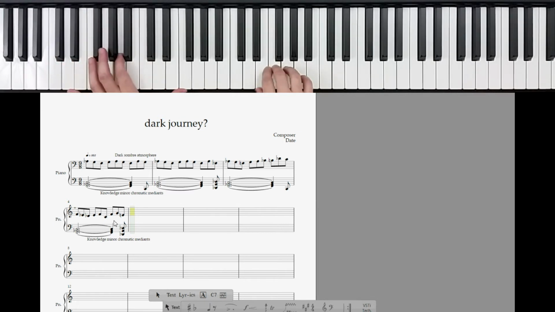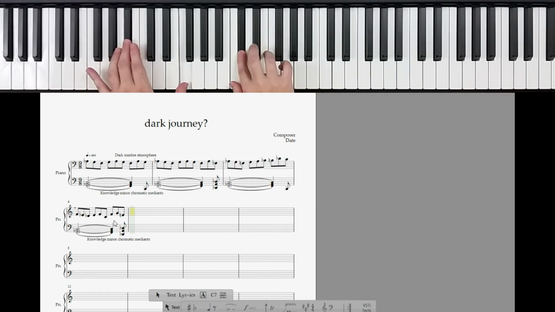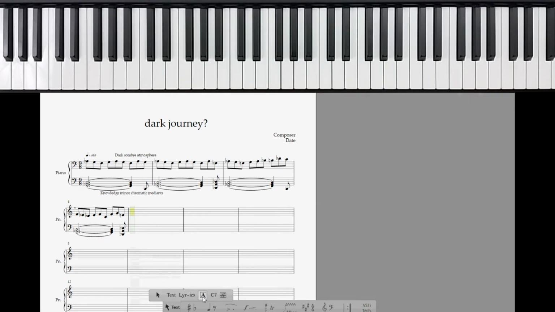Because I see that the melody would only require one step to shift to D minor. One step from where it left off. So this is just to give you an idea where to go. I'm not going to go very far, so